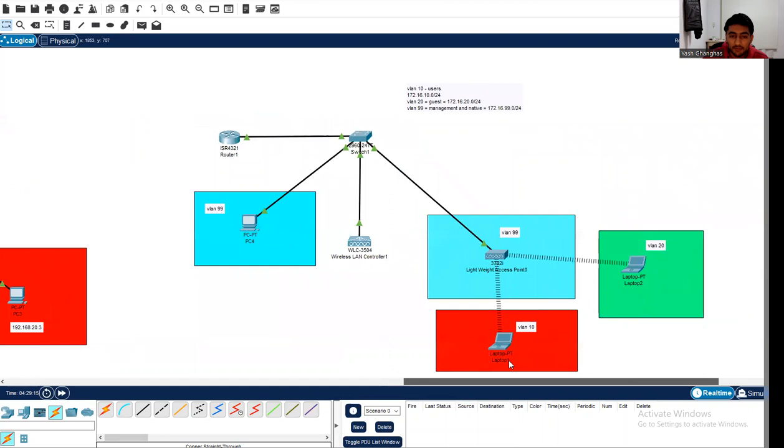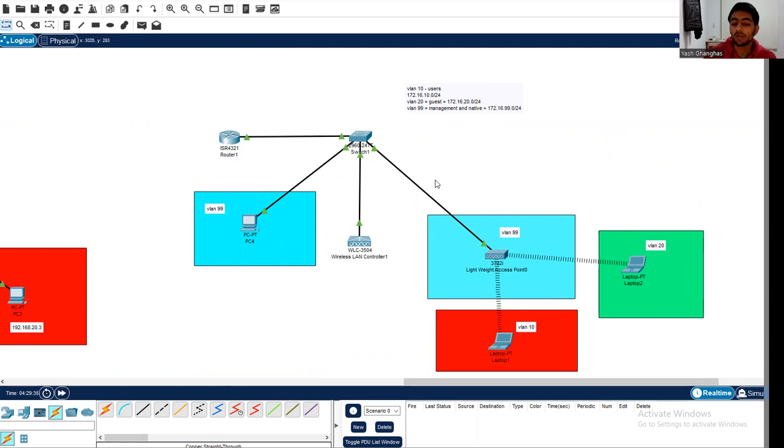And the last part is this. I have used WLC, lightweight access points, and all of these three VLANs. This is the administrative and three VLAN users. VLAN 10 would be a user, this is the IP address. VLAN 20 would be a guest, which is this. And VLAN 99 will be management and native. So this is a proper